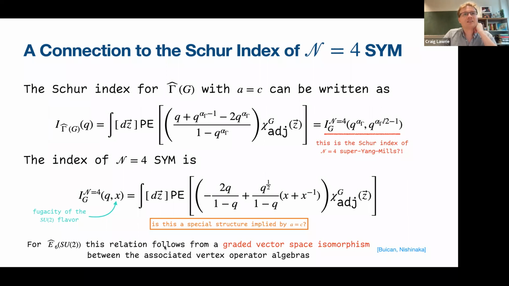And the key point is that this is not like an isomorphism of VOAs or something. It's much weaker than this. So you don't map strong generators to strong generators or stuff like this. So I think probably one answer to your question can come from looking at the specifics of this isomorphism of the VOAs, or vector space isomorphism of the VOAs. But I don't have a good answer immediately.